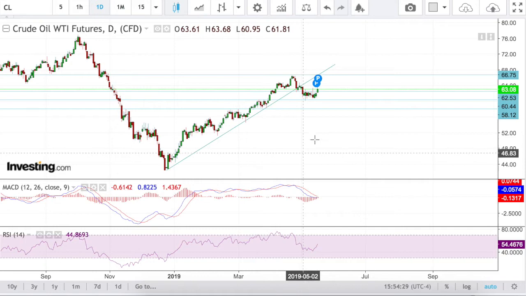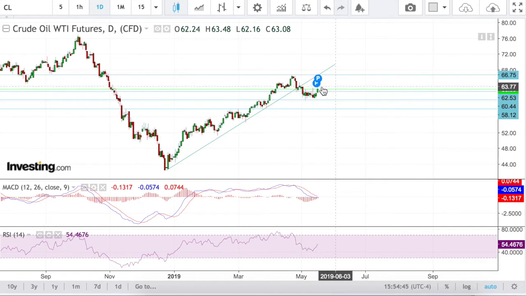And if the markets start to give in due to bad news or bad technicals, well, crude oil is likely to go in the same direction. So be careful with that. Always keep your stops nice and tight, and that's exactly what I'm going to show you on the hourly chart. Some nice, very tight stops